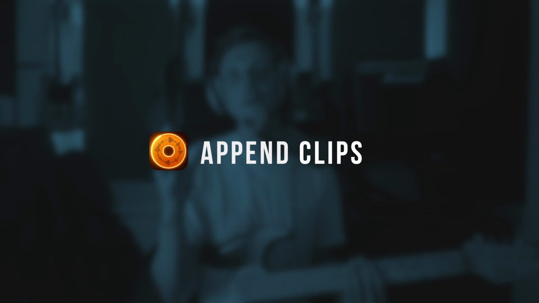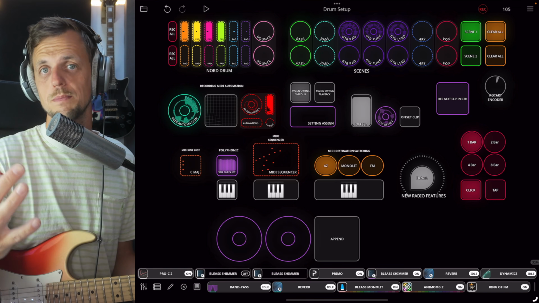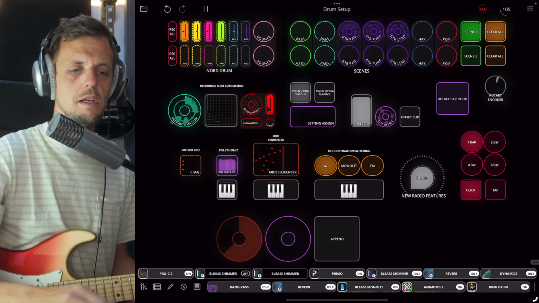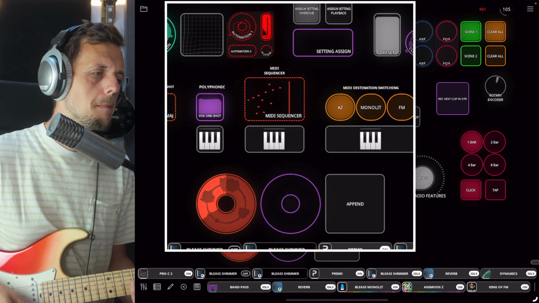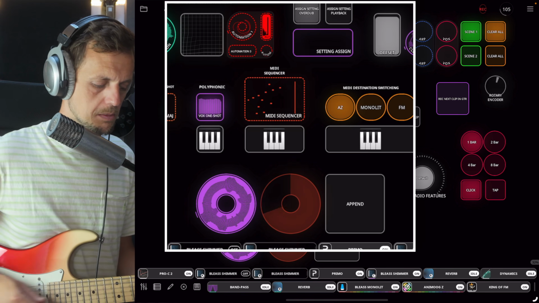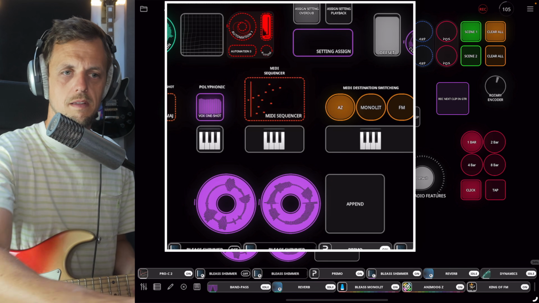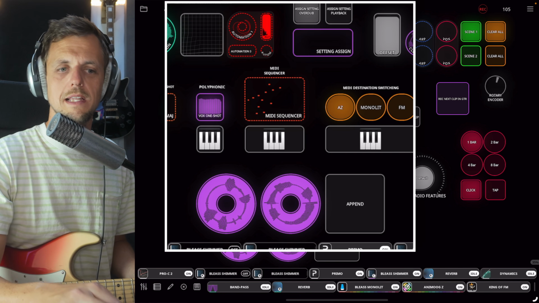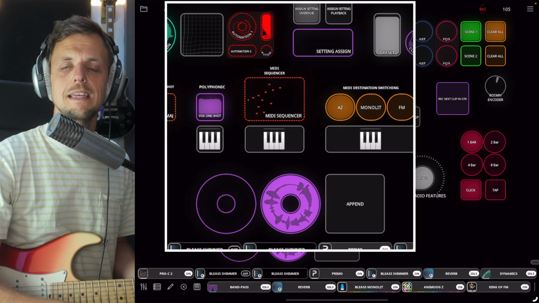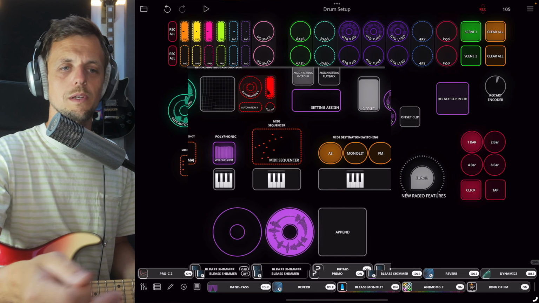Anyway, moving on. Feature 19, this is the ability to append one clip to another. So I'll record one loop and another loop, and then by pressing a widget, I can kind of put both of those loops as one. So let's press play on that drum loop and loop 1, loop 2. So I've got 2 loops now. If I press append, it will combine the 2 of them into 1 loop. So now if I press play,